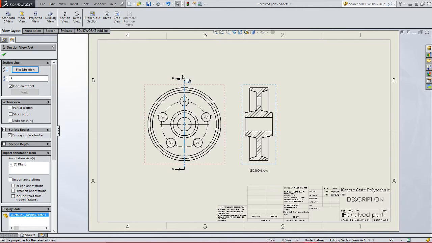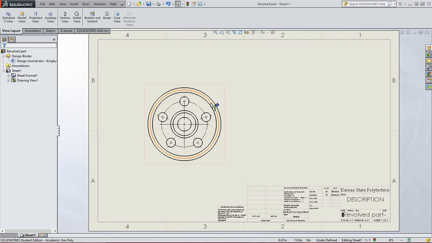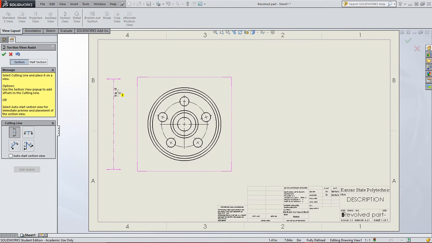And as you see, it cuts the part right straight down the middle and creates our section view for us. Now sometimes this is exactly what we want, and that's perfect. Other times, and I'm going to delete that view because we want to show the other style,